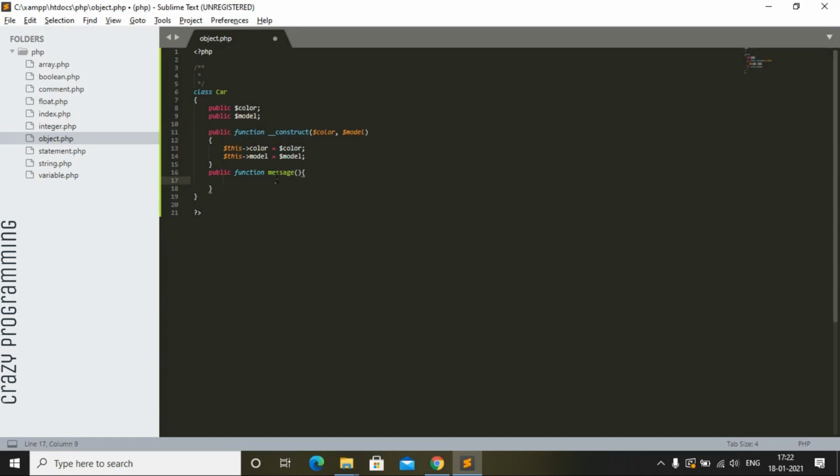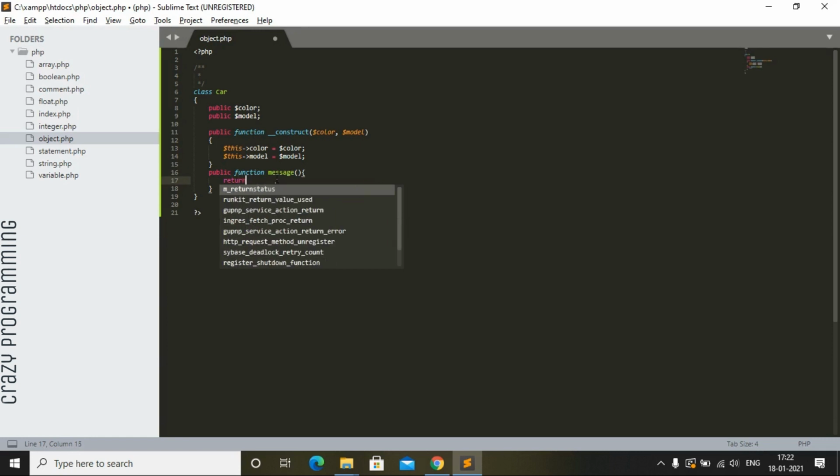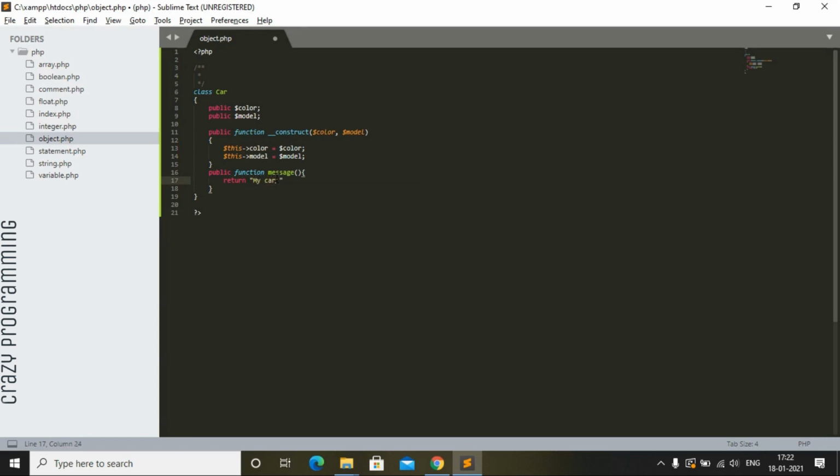Same way to start. Inside this we are going to return the value my car is a, double quotation, close the double quotation, dot